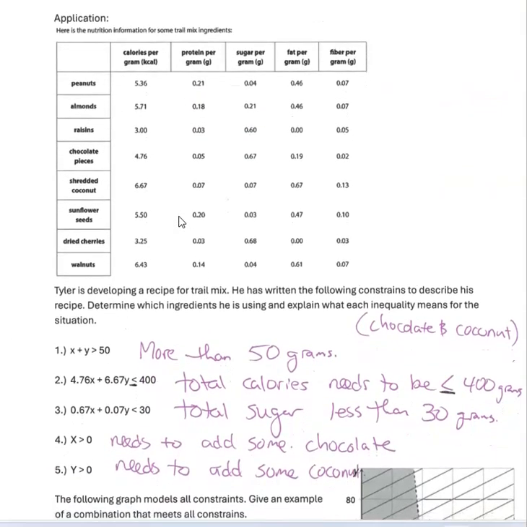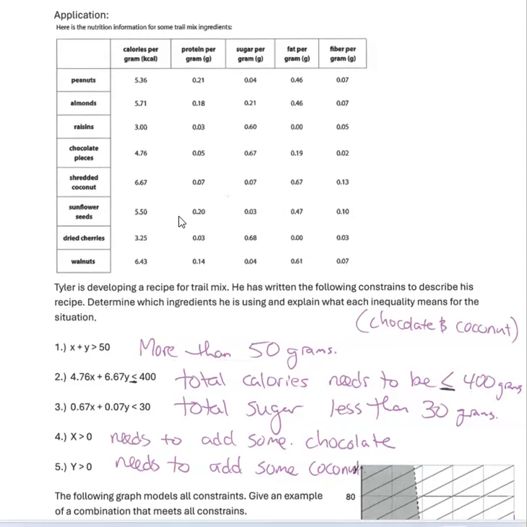What students did now is they had this table here, and the table talked about the calories for each one of these items, the protein for each one of these items, the sugar for each one of these items, the fat, and the fiber. And we were looking at one specific case. This kid named Tyler was trying to make trail mix. He's written the following constraints to describe his recipe, determine which ingredients he is using, and explain what each inequality